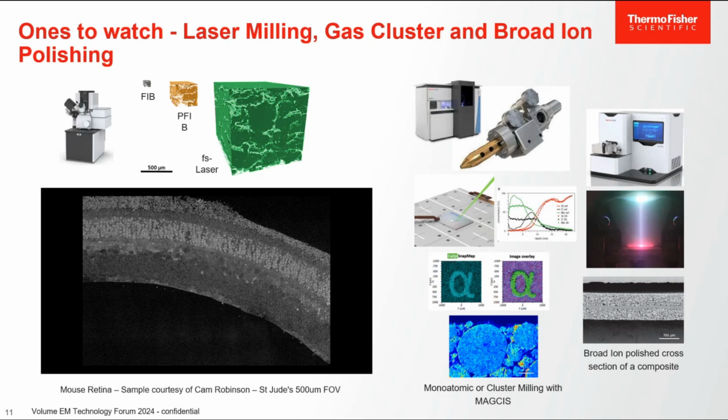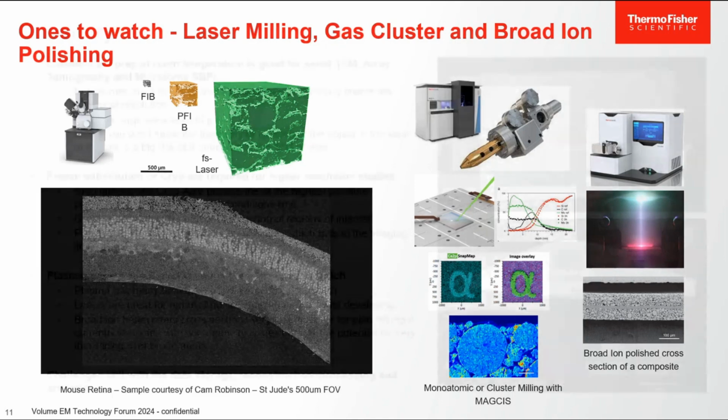On the right side, I'm just showing a benchtop broad ion polisher, and it's a very Star Trek or Close Encounters-like image underneath there. But essentially what you're seeing there is a very broad plasma beam that's being directed against a surface, but it's protected with a cut-off aperture. So you have a mask that prevents any milling below a surface. Of course, this is interesting as a way of maybe doing very fast cross-sections of large materials for people who are exploring this broad ion technology as well. So again, fun things. And with that one, I'm right at time, so I just wanted to